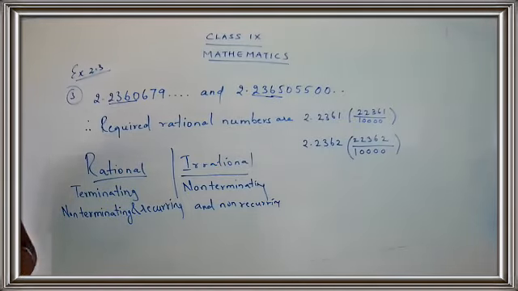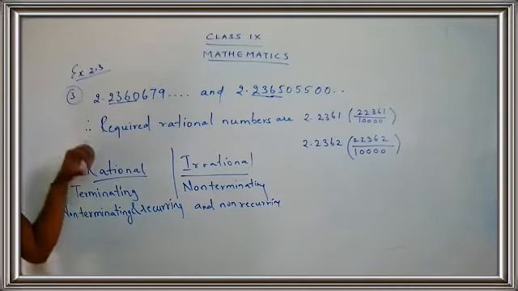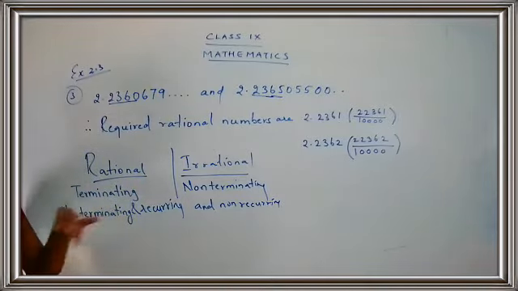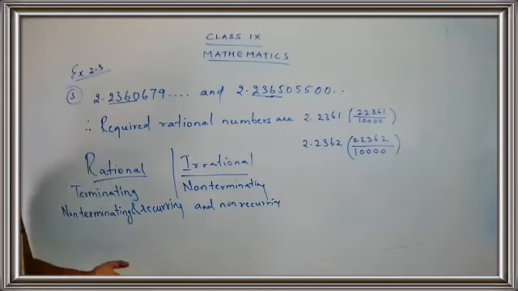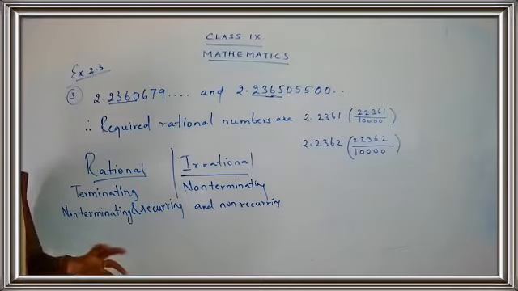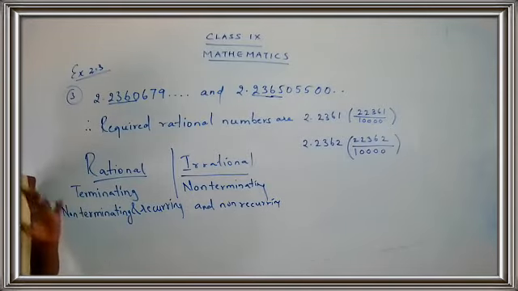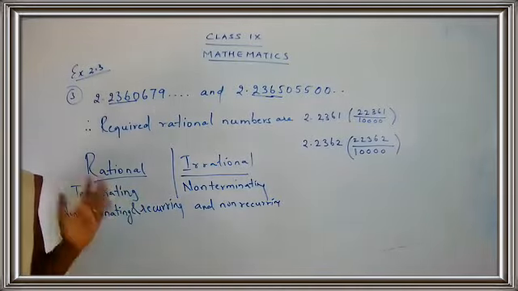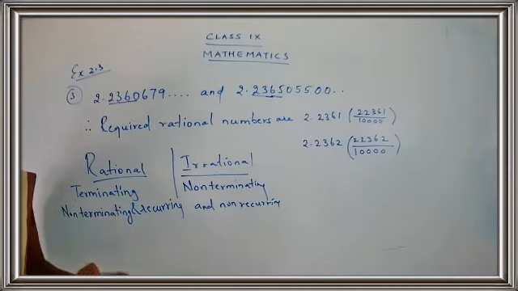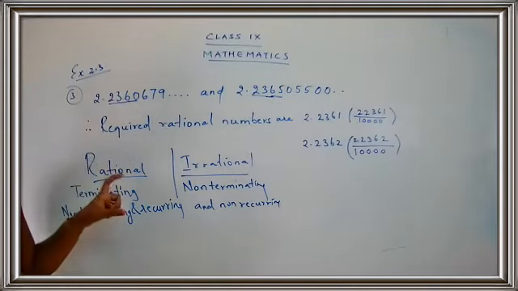Okay. So with this, we complete our exercise 2.3, and now we are going to deal with real numbers. So till now you have dealt with natural numbers, whole numbers, integers. Then we have also studied about the rational numbers and the irrational numbers. Now at the last we are going to learn about real numbers. What is this real number? Now real number is a mixture of everything. Real numbers include everything. So we'll have a chart for real numbers.